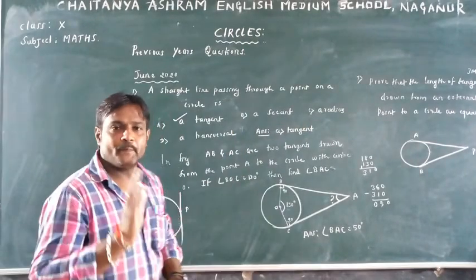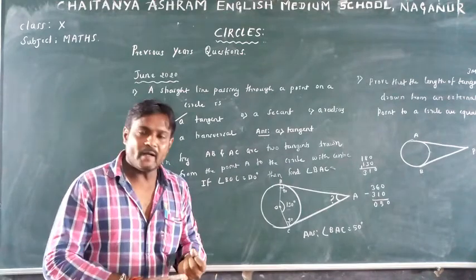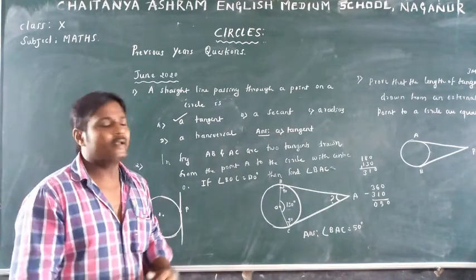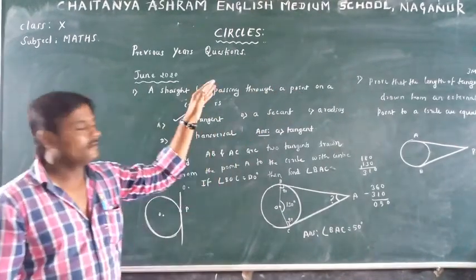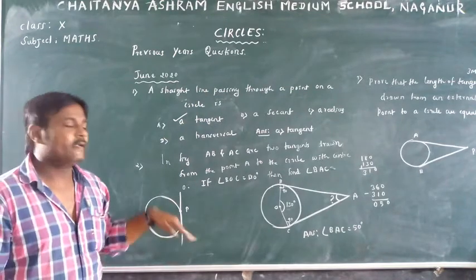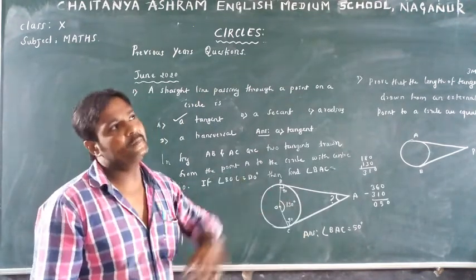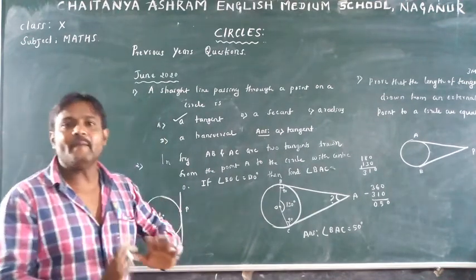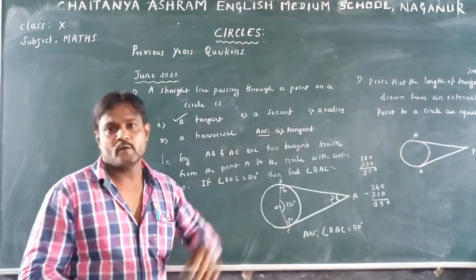So anyway, prepare theorem number 1 also. Yes, theorem number 1 and theorem number 2 both are very, very important. One theorem will come in your annual examination for 3 marks, and prepare those 1 mark questions. It may be in MCQ or 1 mark direct question. It may be in fill in the blanks. It may be in true or false. Whatever the type it may be, for 1 mark they will ask those concepts.